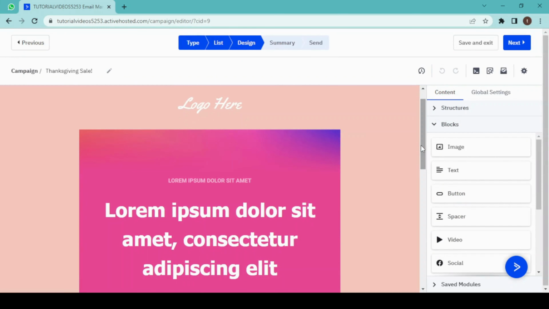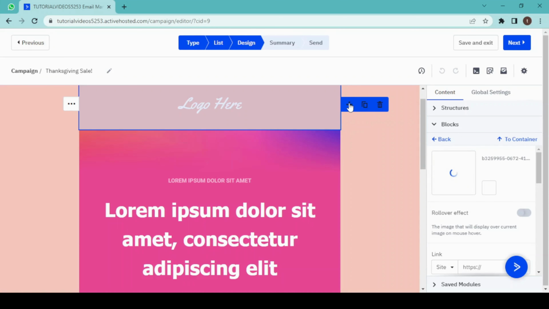So here we are inside our editor, and we'll be customizing our email from here. ActiveCampaign provides a drag and drop email builder that makes it easy to create professional looking emails. You can add image, text, button, video and many more to this email. So what I'm gonna do is I'll delete this section, and for that I'll click on this three dot button. If you have your own logo, then you can just replace it from here, but right now I don't need any logo, so I'm going to delete it,